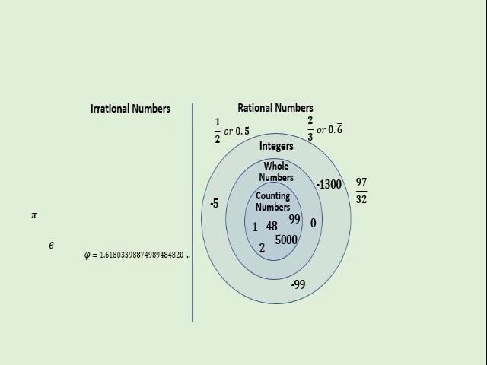Many square roots, cube roots, etc. are also irrational numbers. Examples are the square root of 2, which when transformed to decimal is a non-terminating number. Negative square root of 5 also is a non-terminating and non-repeating number. Cube root of 26 is an irrational number, but square root of 4, which is equal to 2, and square root of 9, which is equal to 3, are rational. So take note, not all roots are irrational.